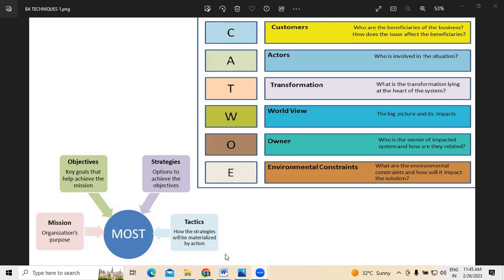In this CATWOE technique, first, C stands for customer. Who is the customer here? People who are using that application, or who are going to benefit from that business, application or project. So whether this change is giving a positive or an adverse effect to them should be considered. The example I have given, again I'm repeating: